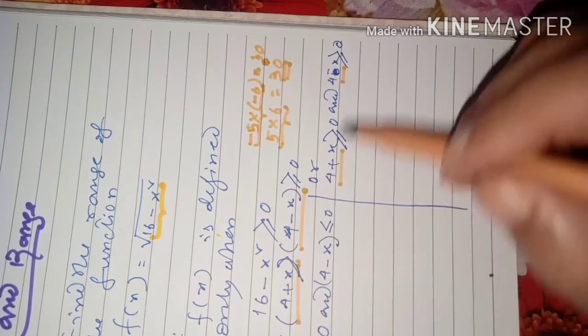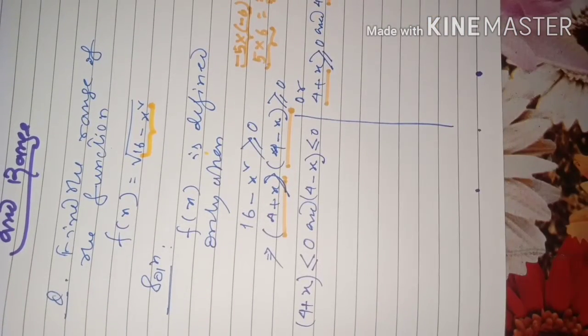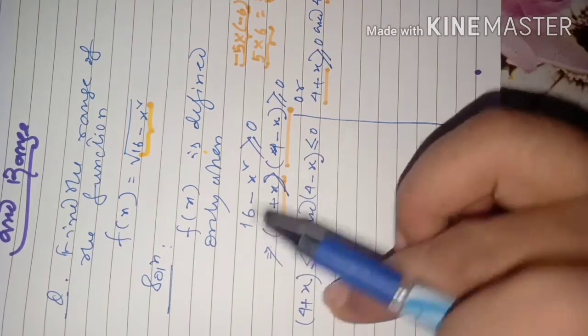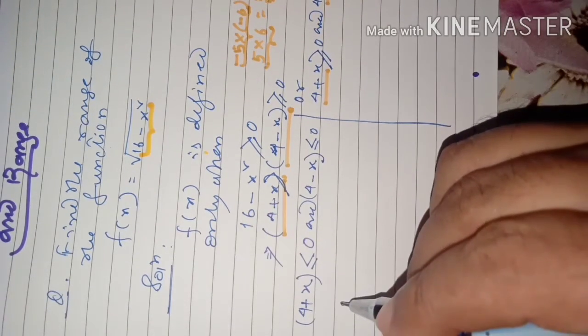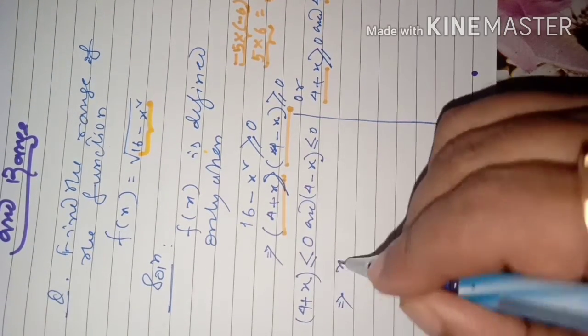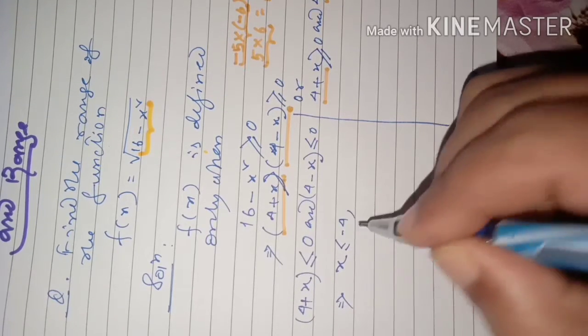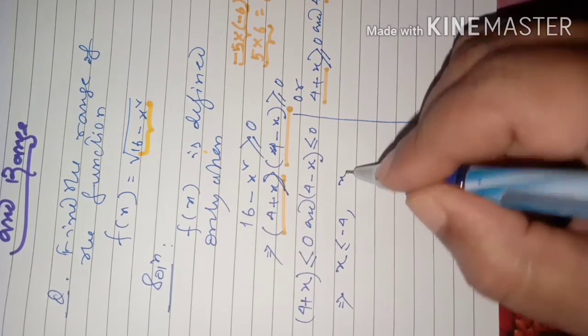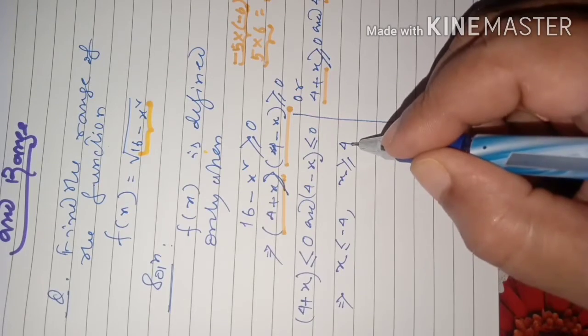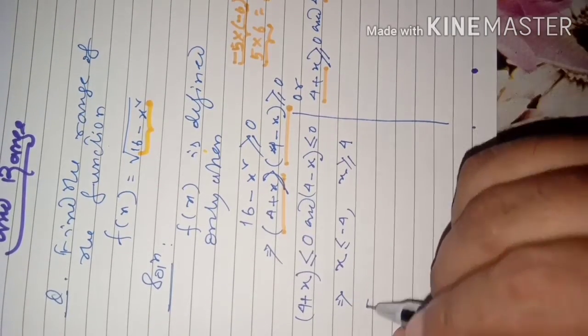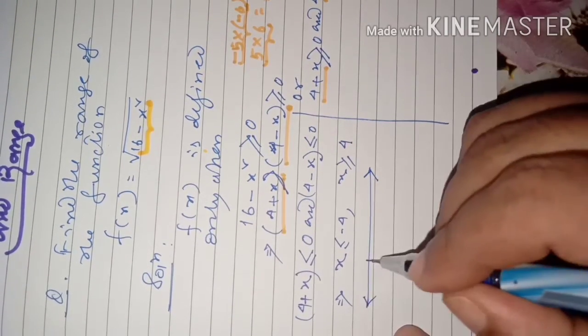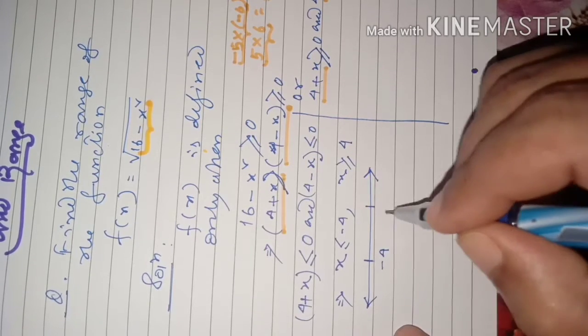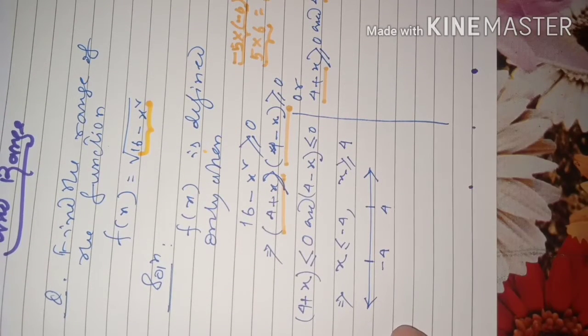Their product will be positive. So there are two cases that will arise here now. This gives us that x is less than or equal to minus 4. And this gives us that x is greater than or equal to plus 4. It tells us that x is not between minus 4 and plus 4, because you see,